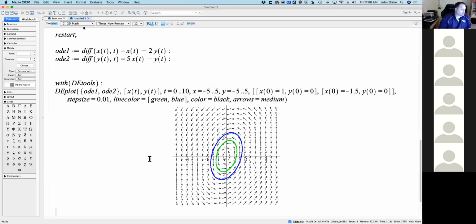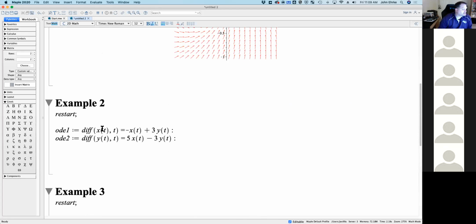One of the things that I want to make sure we understand is the reason that we have the possibility of having spirals and having circles or ellipses as phase plane trajectories is because we don't have real eigenvectors, right? Remember, a real eigenvector is a straight line solution in the phase plane. So if you look at an example like example 2 that I have here,